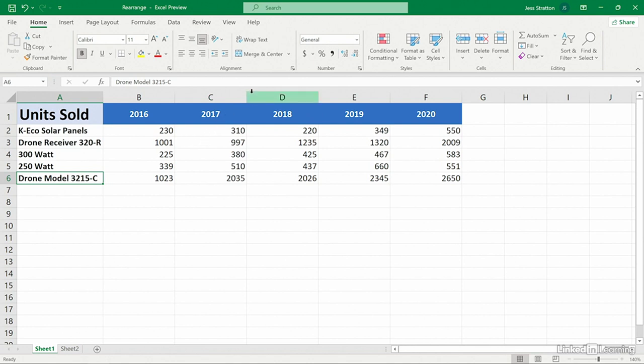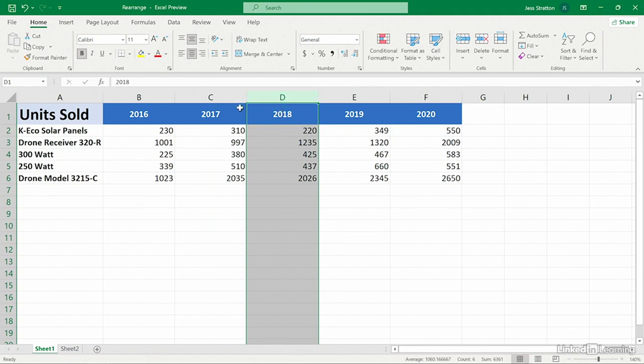We can do the same thing with columns. Let's suppose for whatever reason I want to put 2018 before 2017. I'll select the entire column by clicking on the column letter. And now, again, I'll move the cursor all the way to the left-hand side just until it changes to a